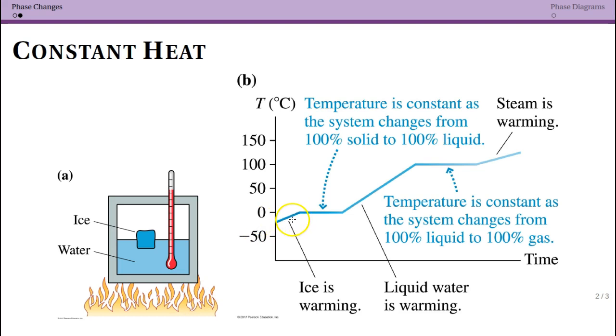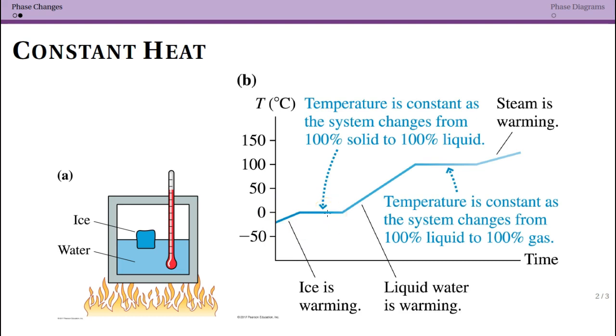It doesn't immediately turn to water, right? Before ice can turn to water, it must get to 0 degrees Celsius. So initially the ice is warming up and then it gets to 0 degrees Celsius. It must all turn into water before it continues to heat up. Now, we are making the assumption that the entire thing is at one temperature for this to happen. So if you put a pot on the stove, the bottom would be a different temperature than, say, the top. So in our physics modeling, we're always going to assume, unless you're told otherwise, that the entire thing is at one temperature. During this flat period here, you have some solid, some ice, and some liquid water.